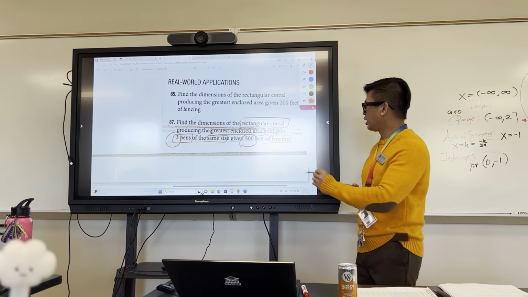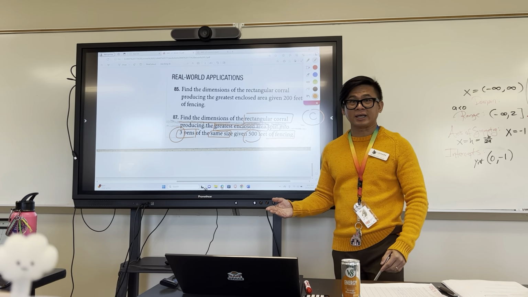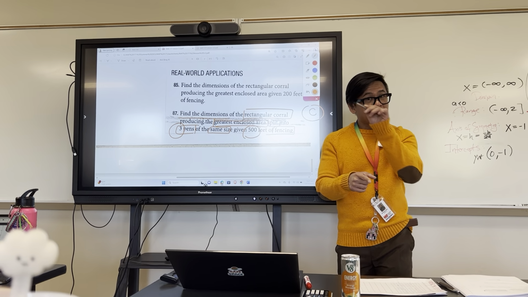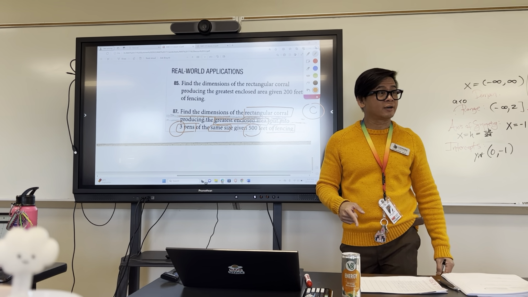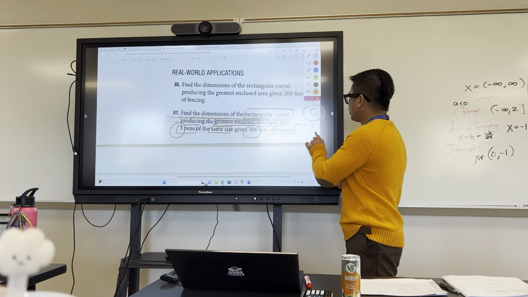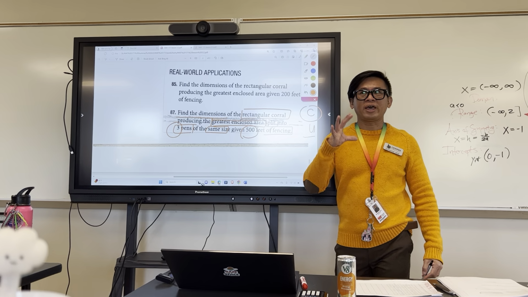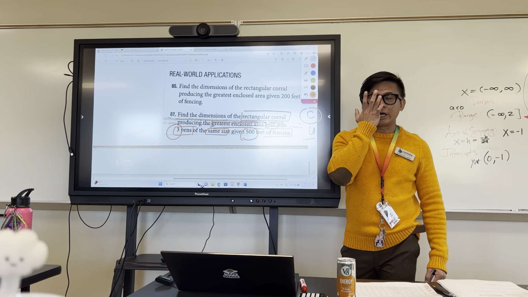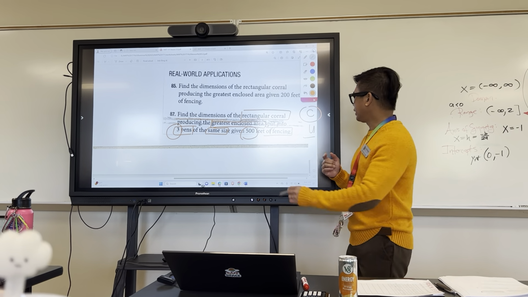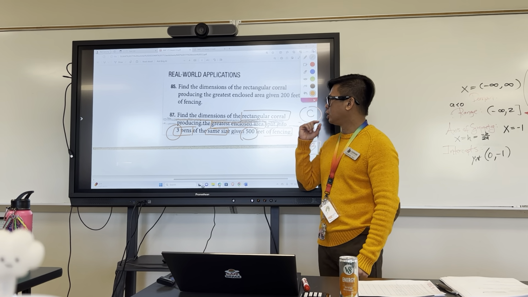Good. So we circle the numbers, right? What are those? 500 feet of fencing, right? That means the fence and the 2 partitions in there, so we're talking about the perimeter, okay? Underline the question. What are the dimensions, right? The length and the width, typical for a rectangle, okay? What else? We have boxed the keywords. So that's a rectangle